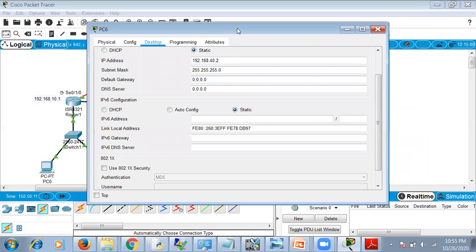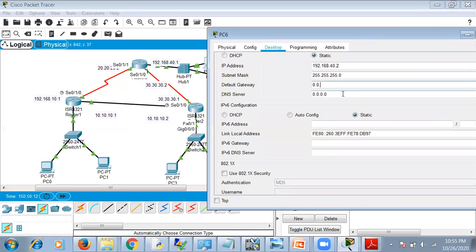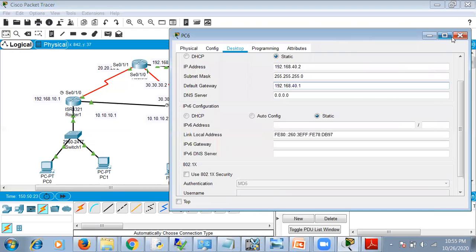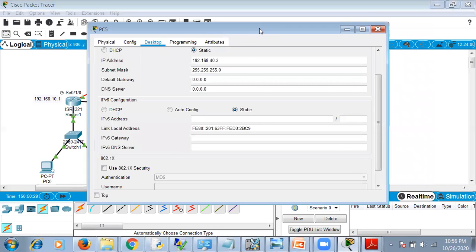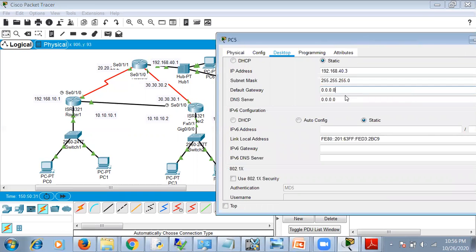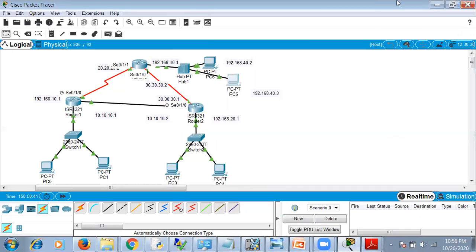Gateway is, so gateway is set. So this third router has these 3 IP addresses.